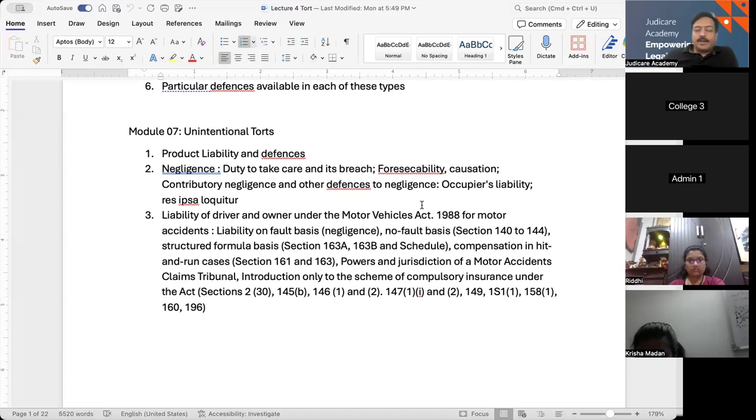Gordon versus East West Railways, 2008. In this matter, the court decided that the plaintiff's actions of ignoring warning signs resulted in contributory negligence. So he tried to cross the railway line. He tried to pass from the place where it was allowed to pass, but there were warning signals given. There were lights, there were boundaries, the poles were put there, and the person ignored those things and still crossed the line, injuring himself. So that is where he contributed to the negligence.